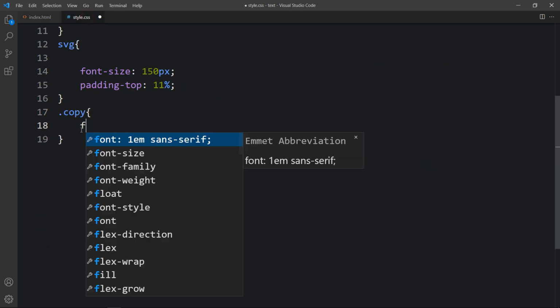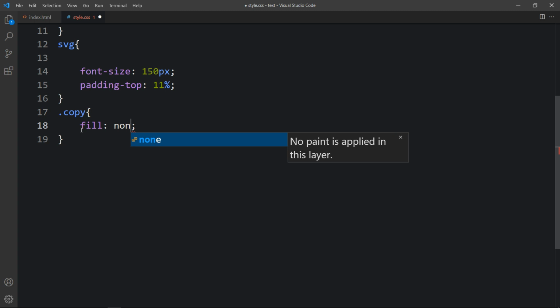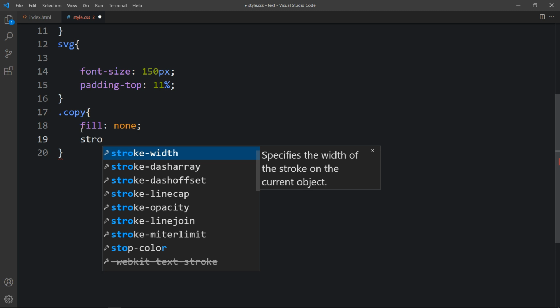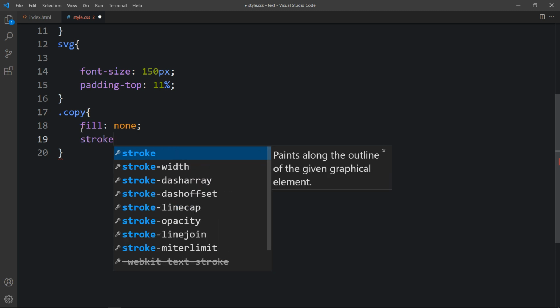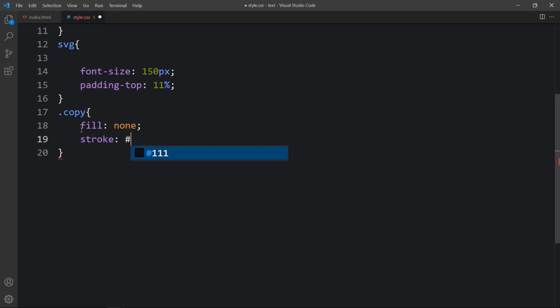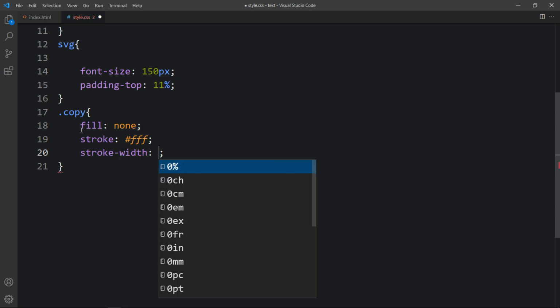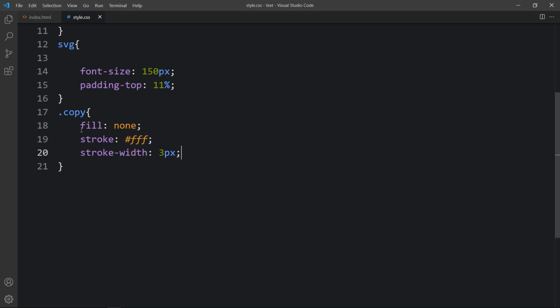Here let's add the fill none. After that we will add stroke. It will be white color. Then we will add the stroke width, 3 pixel.